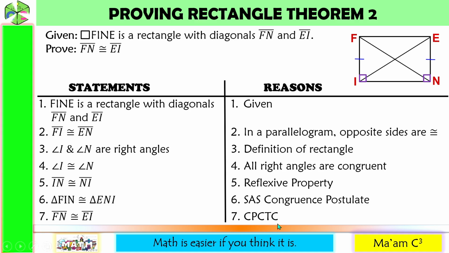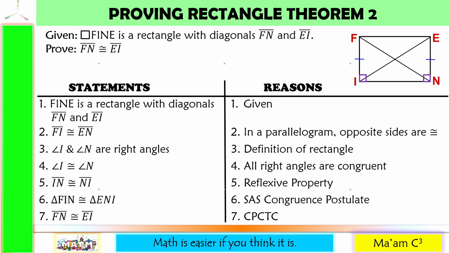So just a quick recap. We have here side, angle, side. This side is congruent with this side. This angle is congruent with this angle. This side is congruent with this side, which means this line segment, which is part of this triangle, is congruent with this line segment, which is part of this triangle. By congruent parts of congruent triangles are congruent. I hope you get it.